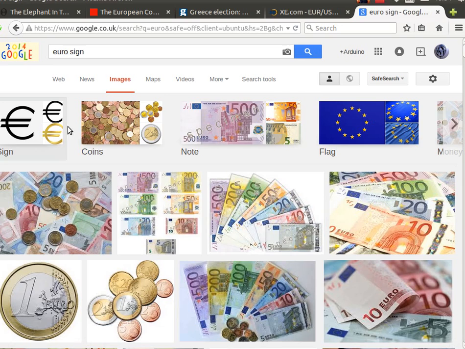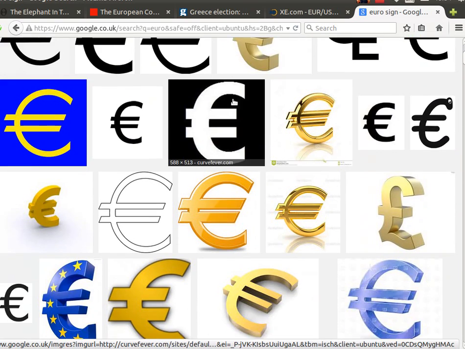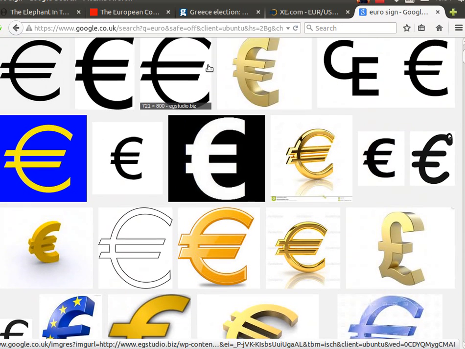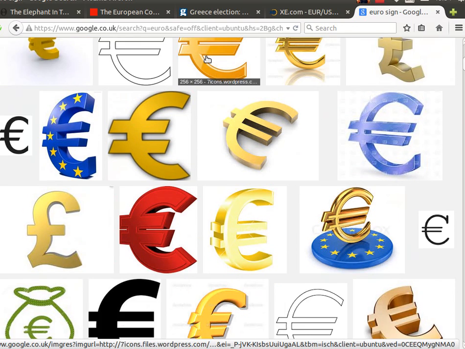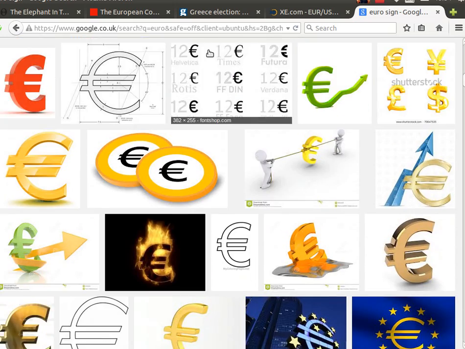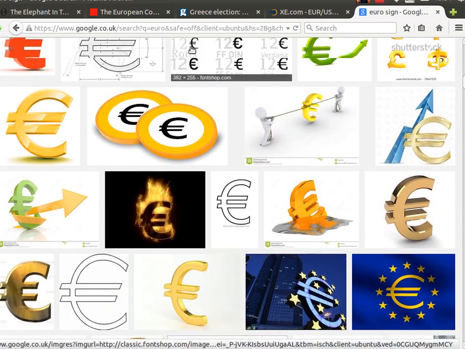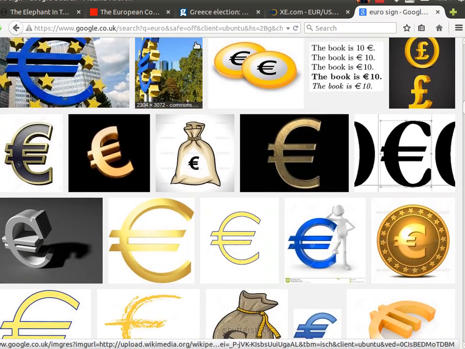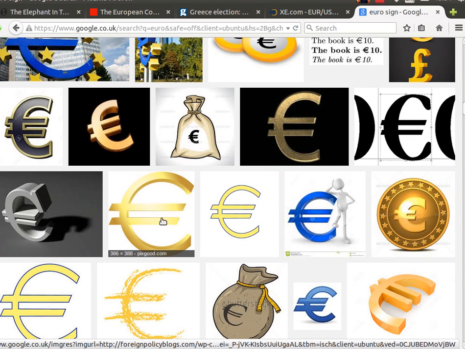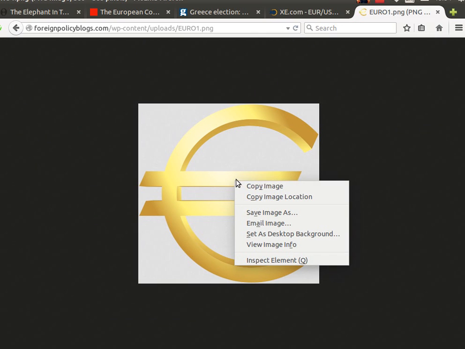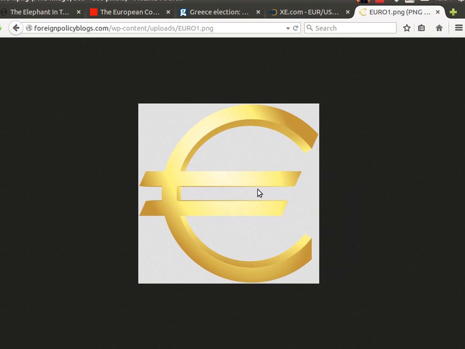and if I click on sign there, I want a nice sort of 3D-ish Euro symbol. It wants to be fairly straight onto the camera. And can I find one? I might have to create one, who knows. Oh, here we go. That would be a good one. So I'm going to select that, view image, copy image,